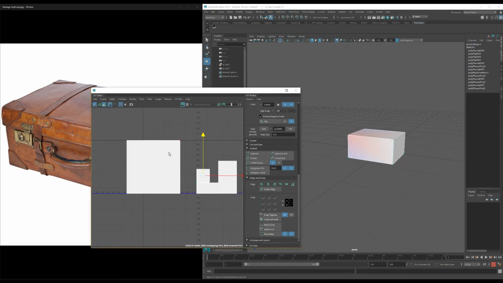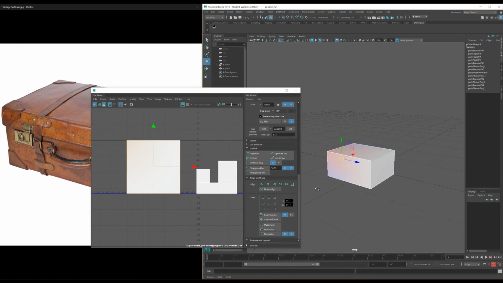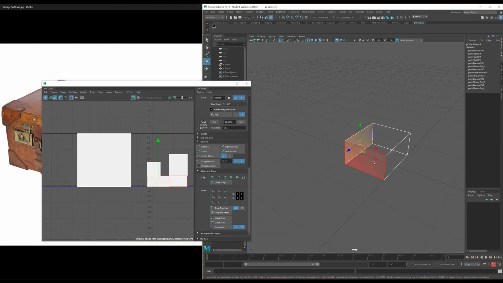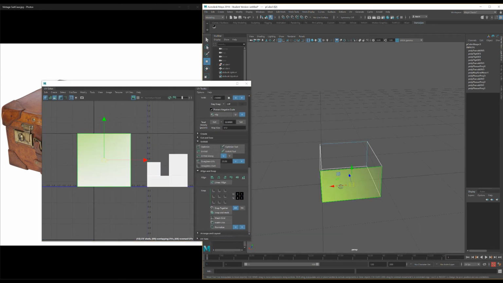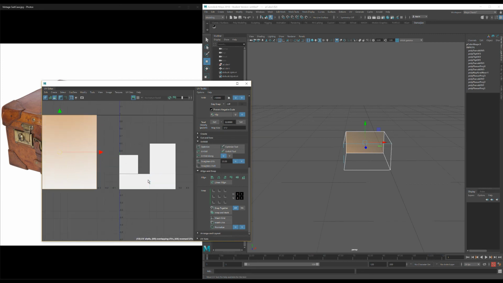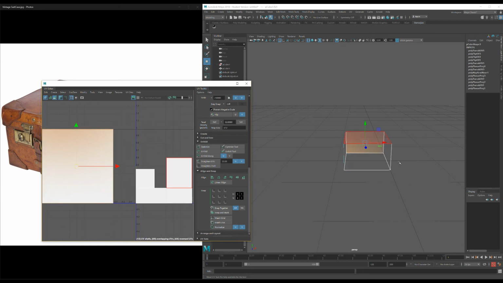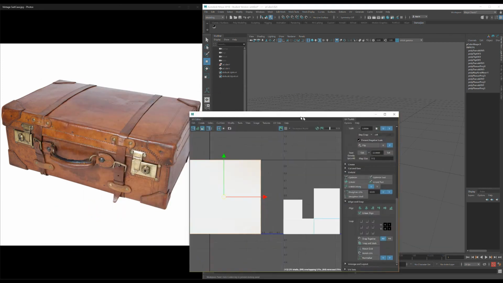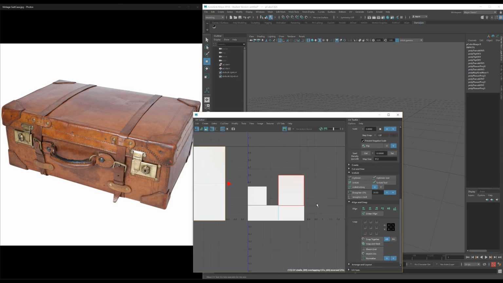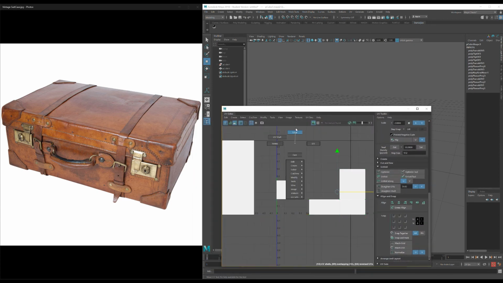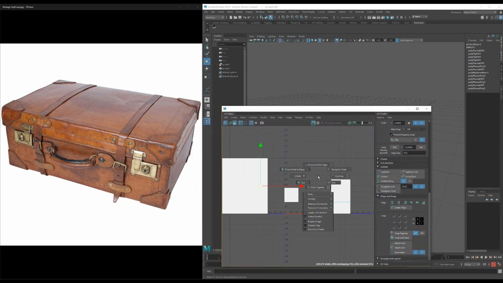All right, now let's see what's left. You can see we have that last, let's hit 4 so we can see that. We have this last face over here. So, and again, I'm always paying close attention to, here's my Z, so we just have this back part here. And what we can do is the same thing as before, right? Like, considering that the back of the suitcase is really not that important. I mean, what we can do is just go ahead and move and sew that,